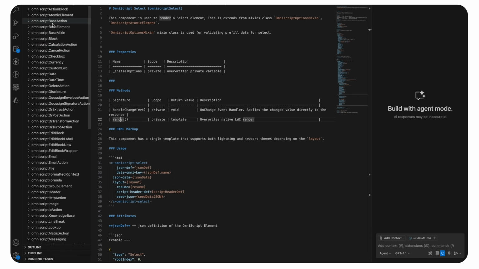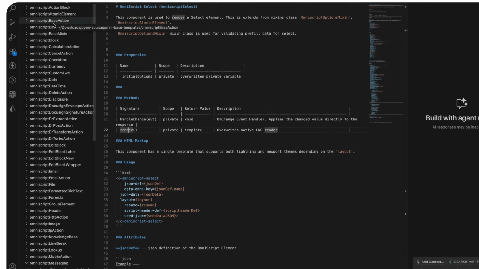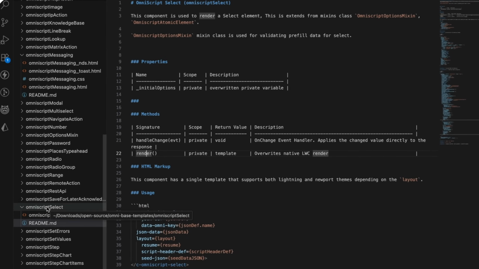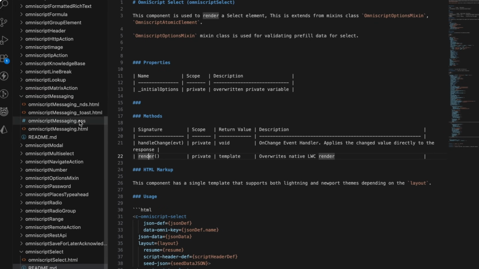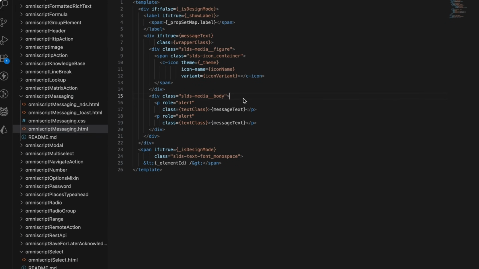Here you can see all the components that belong to the OmniScript. Now from here, go to the component which you want to work with. In our case, it is the OmniScript messaging element. Now, two things that you have to keep in mind: if you want to play with the UI of the element that you want to work with, like if you want to change the looks of the UI, the first thing that you have to do is